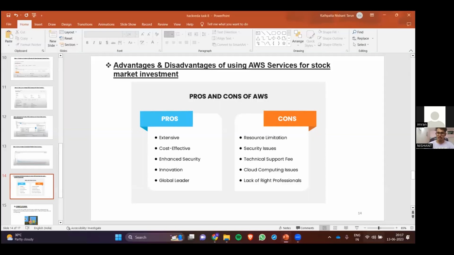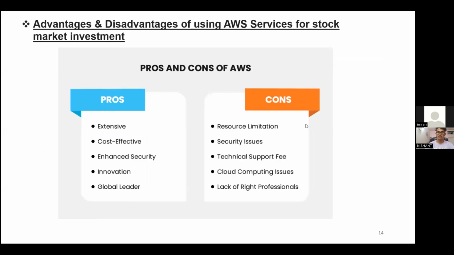So what are the advantages and disadvantages of using AWS services for stock market investing? The pros of using AWS services are it is extensive, cost effective, it provides an